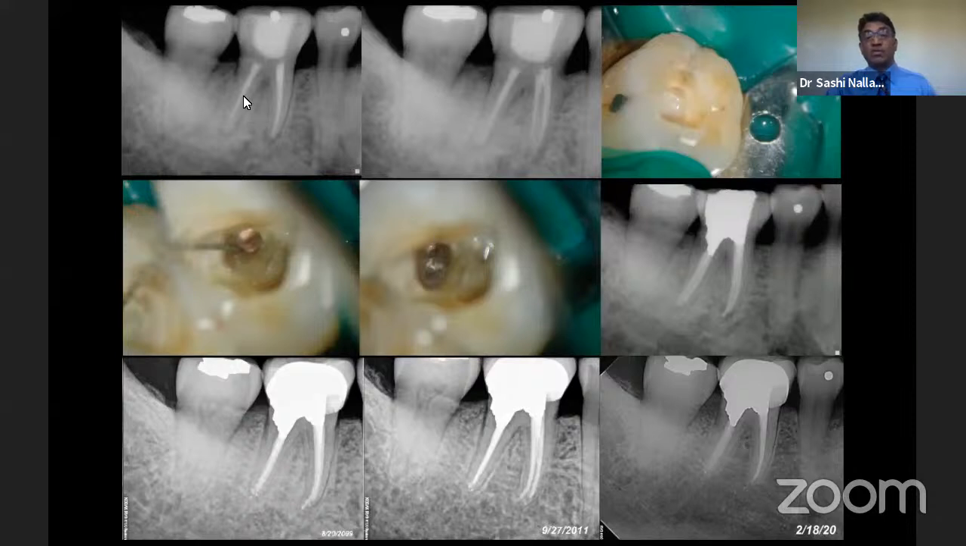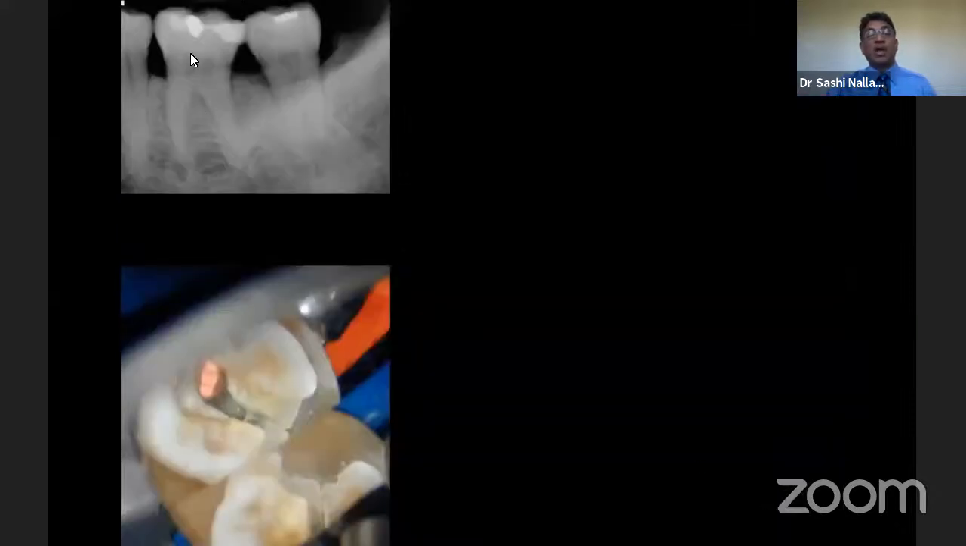So clearly it was a good decision to retreat this tooth and address the problem, and patient still has this tooth after 12 years. Same patient on the other side,